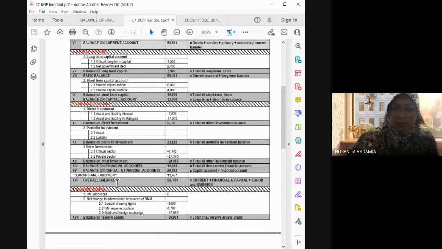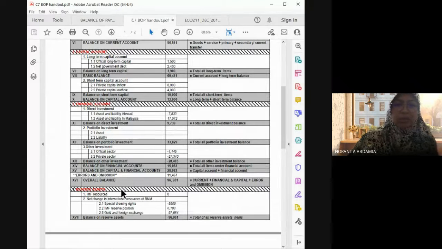So if the figures are positive, that's mean what? That's mean this status of the balance of payment refer ataupun indicate as a surplus. Right? Kalau positive maknanya surplus. But if the figure is actually negative, that's mean deficit. Okay, so when is this balance? Bila dia kosong. So kalau dapat figure kat sini kosong, so that will be balance. Okay, that's actually the status of the overall balance.